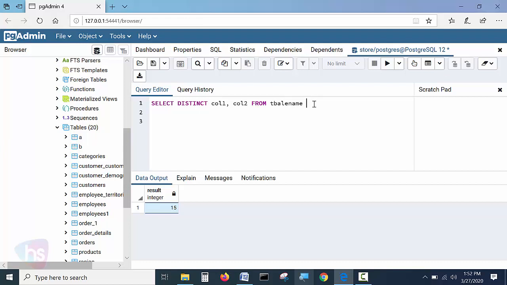All right, we will see a real-time example. Similarly, we can work with SELECT and the DISTINCT statement if you want to run with the first column only. It can be done by mentioning DISTINCT ON with the braces of column 1. Now it will concentrate only on this column.